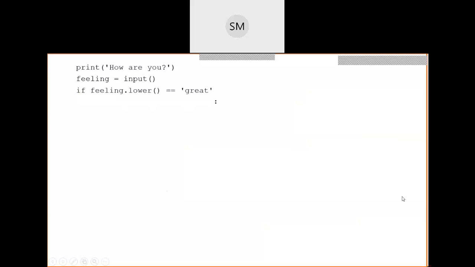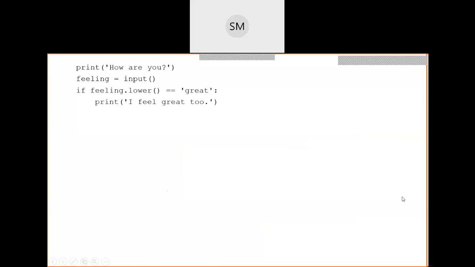So feeling dot lower means we are applying the lower method on this feeling variable. First we write the variable feeling, then use a dot operator, then write the method name, that is lower. If feeling dot lower is equal to great, a small letter, then